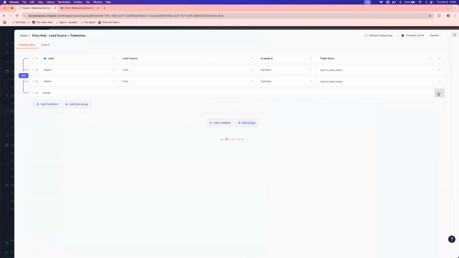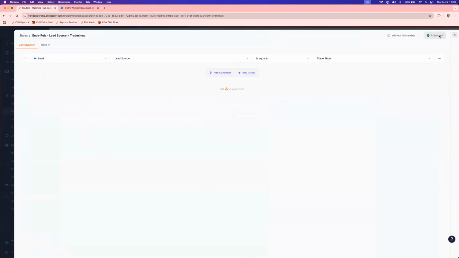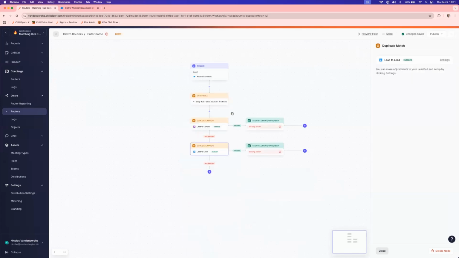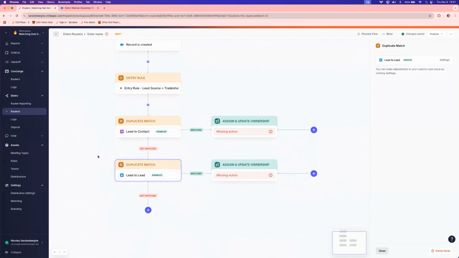You can group, you can do anything that you'd like. Okay, so we're going to use this entry rule, and then the next step that I want to do here is check for any duplicates in my Salesforce. Like I said before, you can have some people